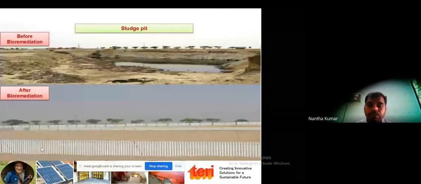We can see how bioremediation works. This is the initial sludge pit. The oil is separated and goes for the oil recovery process. Then the sludge, a part of it is undegradable material and goes for landfilling, and the moderately and slightly higher TPH contaminated soil is treated through bioremediation, and the site is restored.